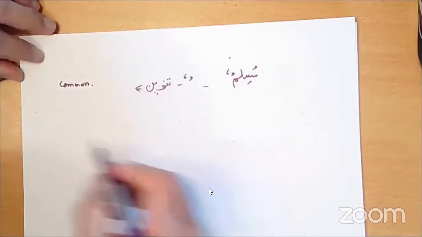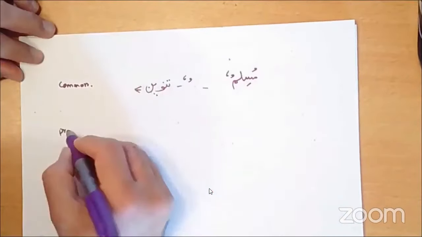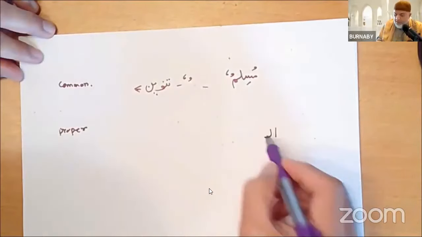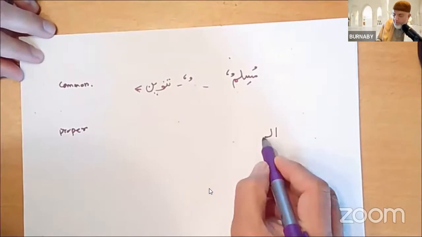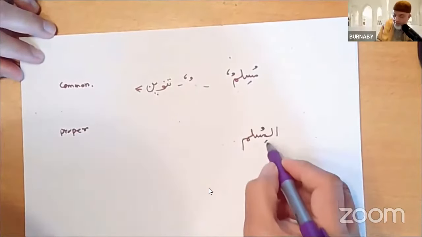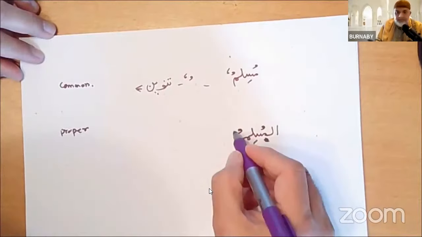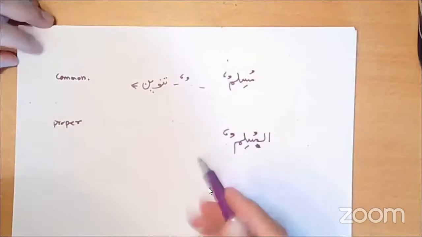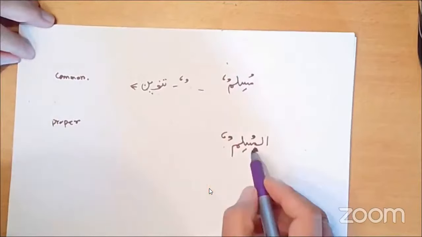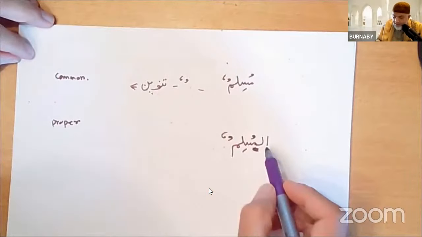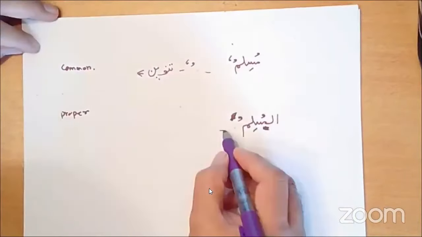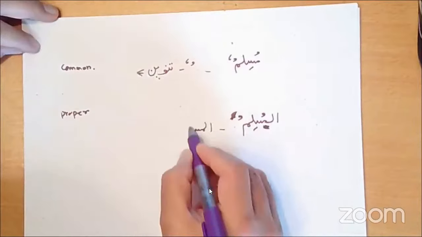I want to make Muslimun proper. So I'm going to put al in front of this, right? And then I will say Al-Muslimuna. Now here it was Muslimun, right? Over here it was Muslimun, right? Al-Muslimun. So when I add the al, then I cannot have the other dhamma. So it will become al musli